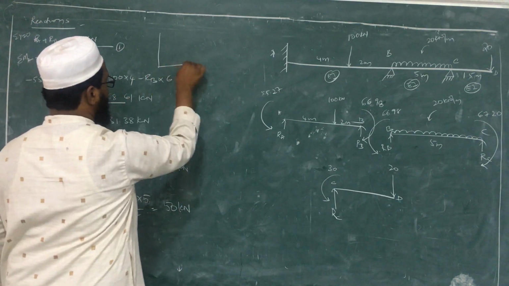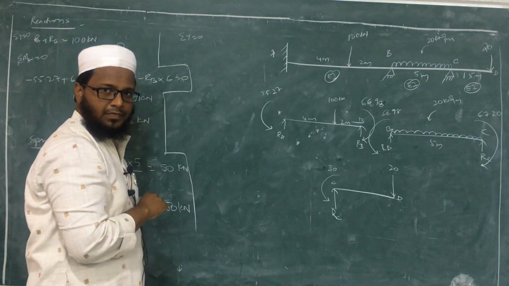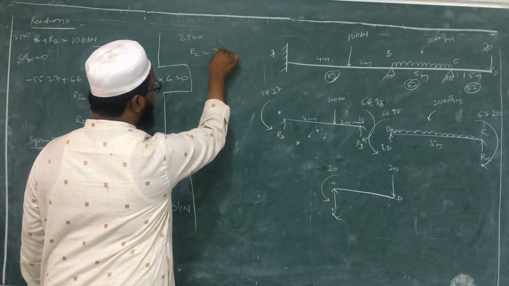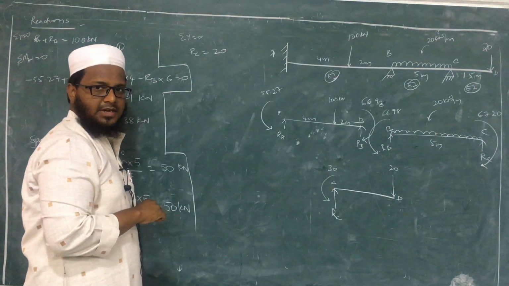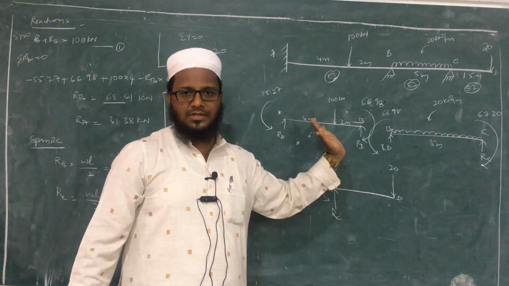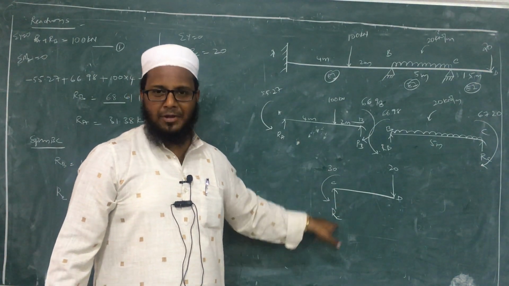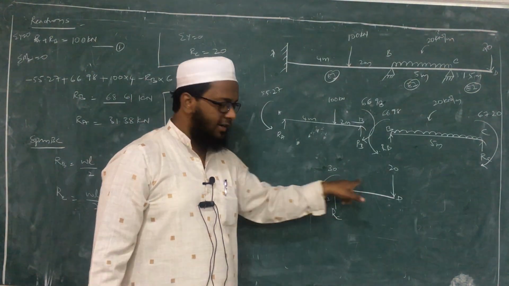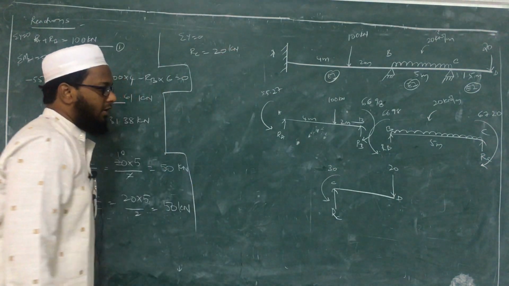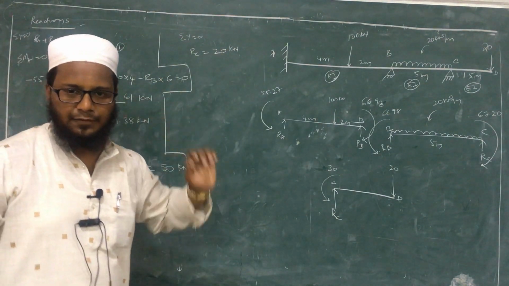Again, in case of cantilevers, you do sigma y is equal to 0. Sigma y is equal to 0 gives RC is equal to 20, isn't it? So since here we got directly RC is equal to 20, there is no need of going for sigma m is equal to 0, because if you calculate moment at this point, it will become 0, isn't it? So instead of that, directly sigma y is equal to 0, that is RC is equal to 20 kilonewton. Okay. Now after this we will go for the calculation of shear force and bending moment.